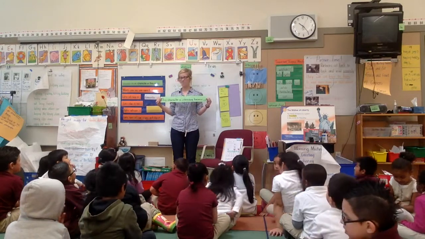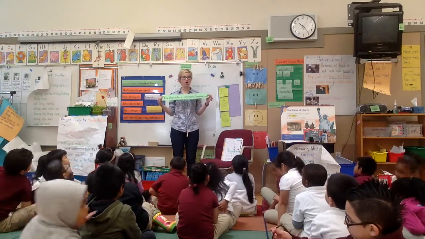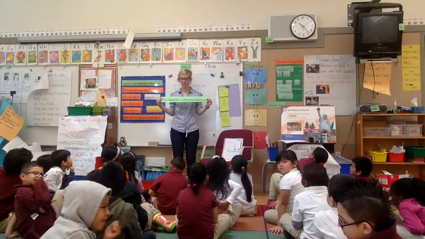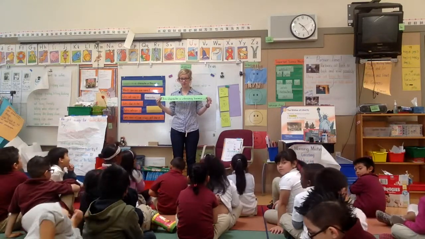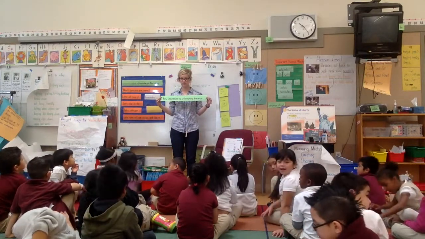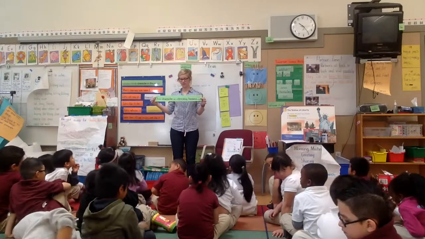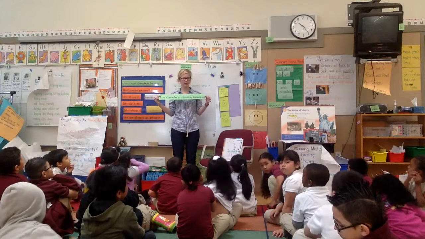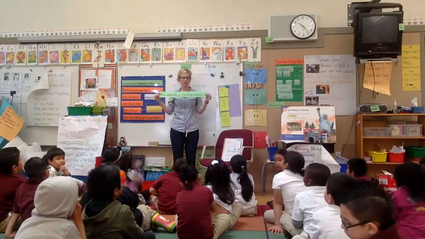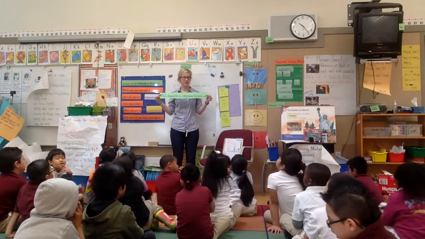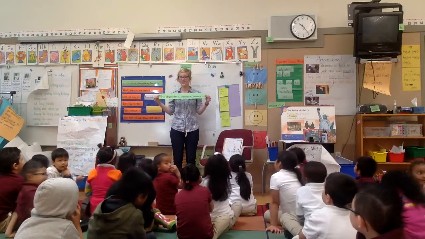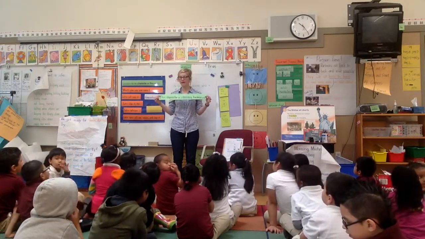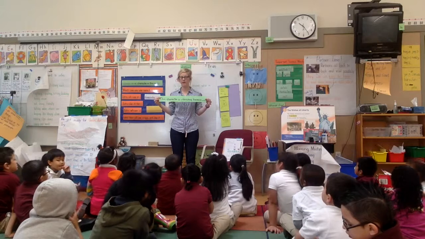This sentence frame we are going to use to talk about our opinions about different characters. This character is interesting because, and then you're going to say why you think that character is interesting. Can we say it all together? This character is interesting because, let's try it one more time. This character is interesting because